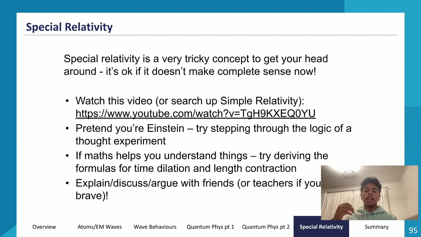looking at this. Because as I mentioned before, the hardest part about special relativity questions is identifying which one is the relativistic momentum, or which one is the relativistic value, or the contracted or dilated value, and which one is the actual, the proper time, length, or mass, basically. So that is the hardest part of answering special relativity questions.